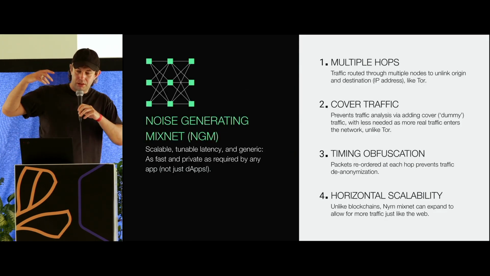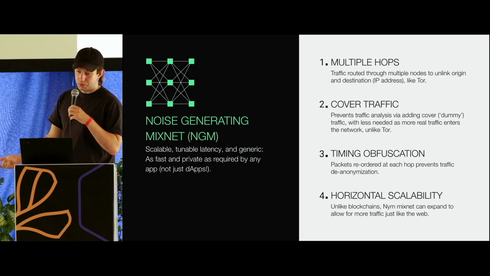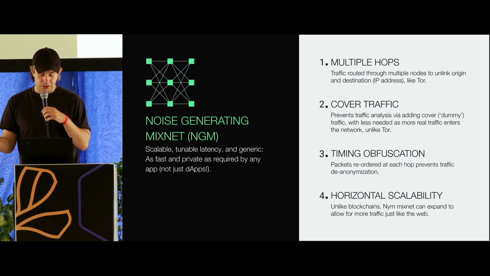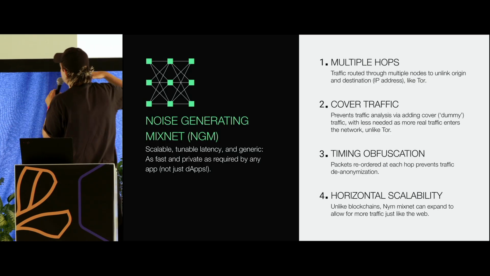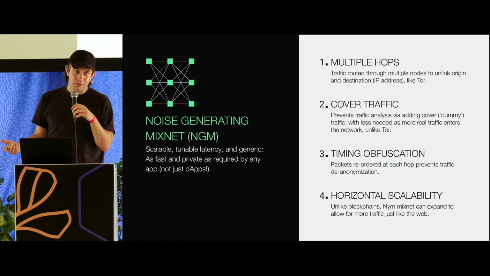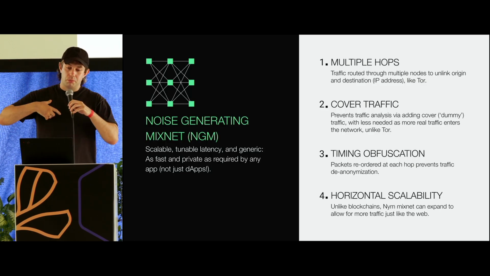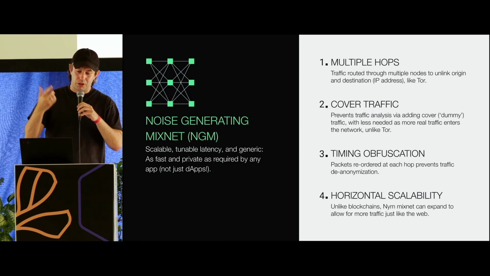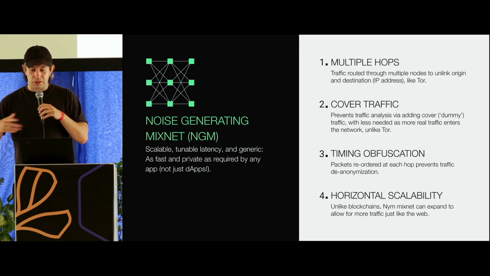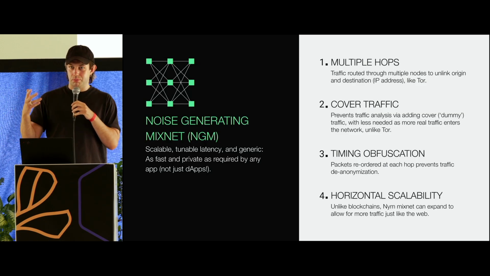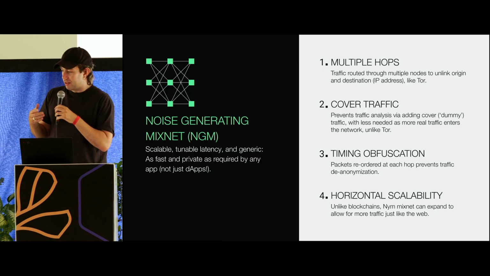We route traffic in a not dissimilar way to Tor, so everything is multiply encrypted, and it goes through multiple hops, right? This is something that people will be very familiar with. We then add a couple of other features to basically prevent against traffic analysis and timing analysis. So we use something called cover traffic, where instead of traffic only leaving your device when you're actually doing something like submitting a transaction, you're constantly sending out traffic that all looks the same and is basically just empty encrypted payloads. And the reason to do this is because, again,